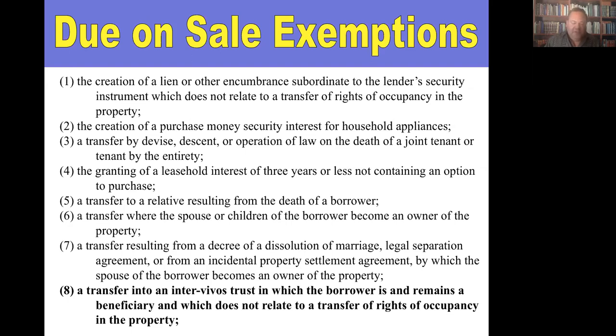But if the transfer was into a land trust for the benefit of the seller, the lender can't enforce the due on sale there because it's within exemption 8. What they don't know is if you change beneficiaries from the seller to you, because again, that's not public record. If you get caught, by the way, don't lie, just admit it. It's not fraud upon the lender to simply transfer something subject to the existing loan without telling them. But if you lie and get them to forbear on taking action, that could be. So be careful where you tread there.